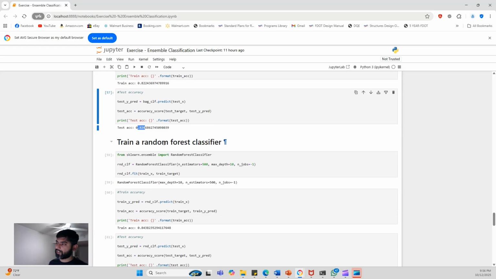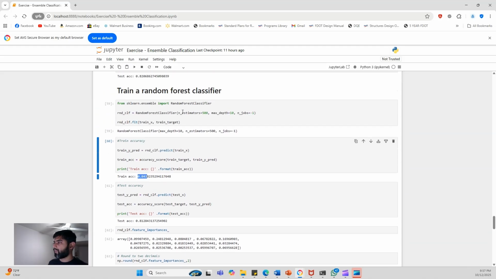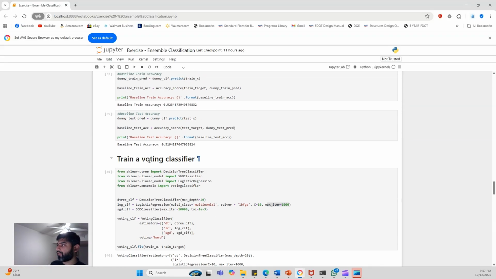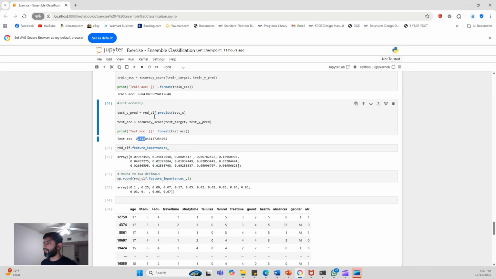We do the random forest here, which we studied. Random forest gives me an accuracy of 84%, which is higher than the other bagging classifiers that we looked at before. 84% in the train data set. It uses 500 estimators, and the maximum depth of the decision trees is 10, which is what I use. 84% in train, but 81.2% in the test. This is lower than the bagging classifier and the voting classifier. Now we see a tiny bit of reduction in the accuracy.